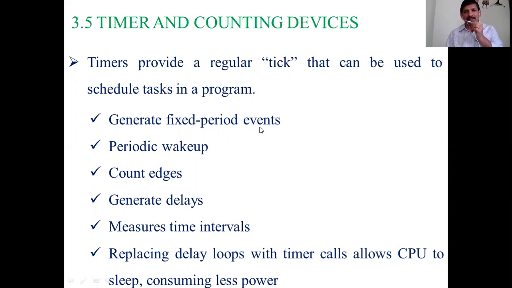That means for every 50 minutes, ringing the school alarm. So we are fixing the time. The time will be calculated by using the timer. Next, periodic wake ups. So it will alert the system for every 10 seconds or per periodic time. Alert the system.